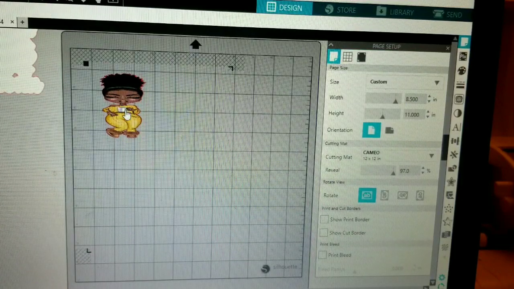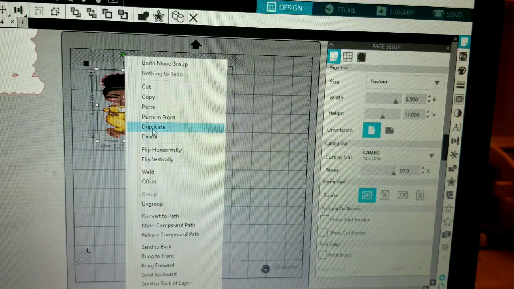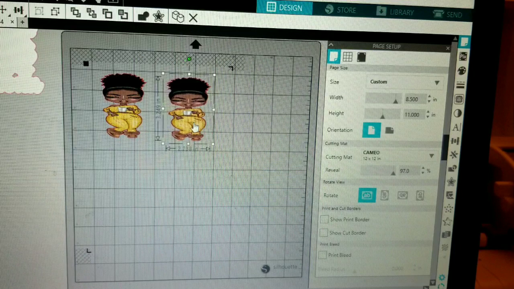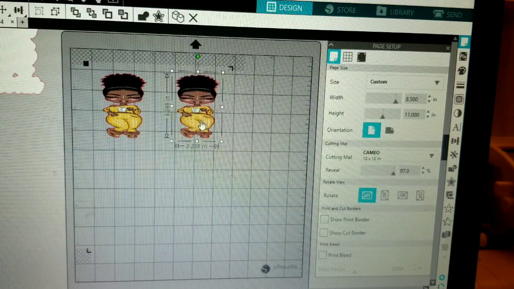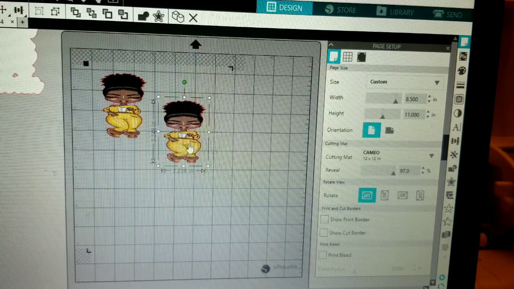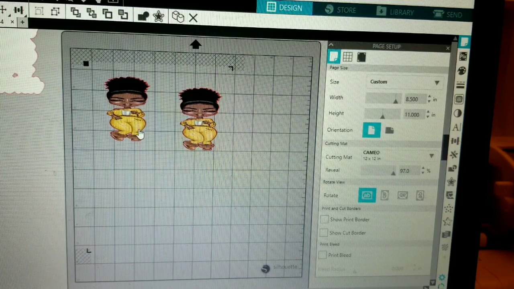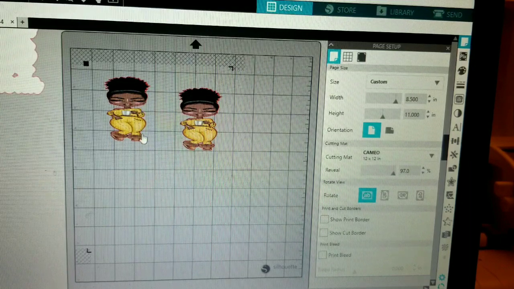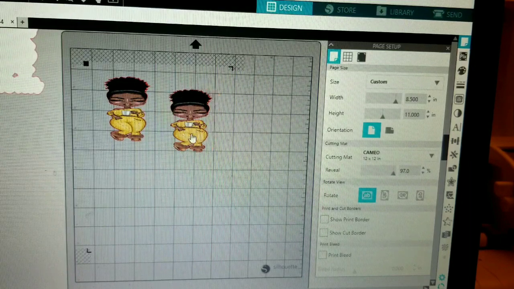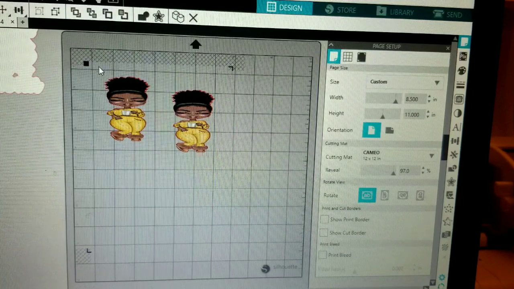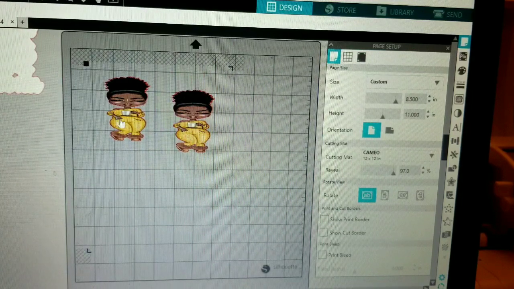So I have my paper in here. I'm just going to duplicate and make 2, just in case something happens to one. So your trace is around it, so when we send it over, once you place these on your mat, on your paper to print,